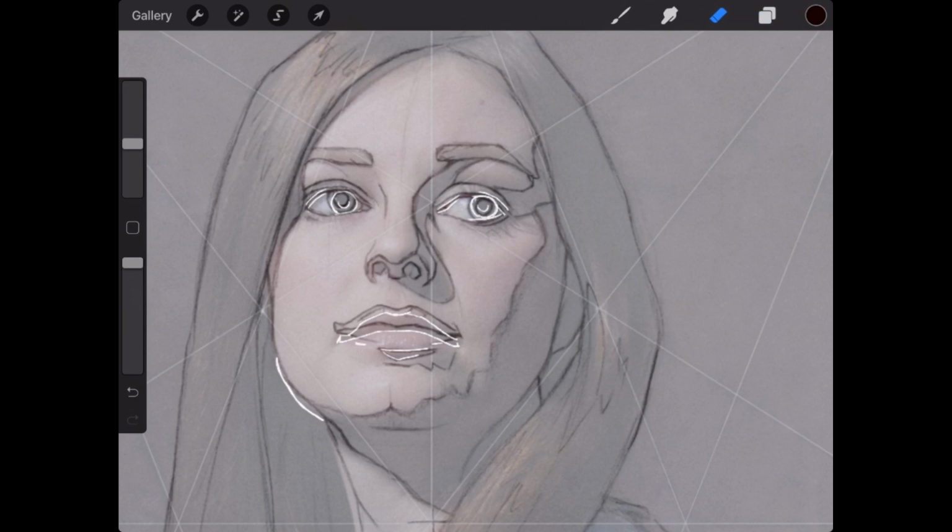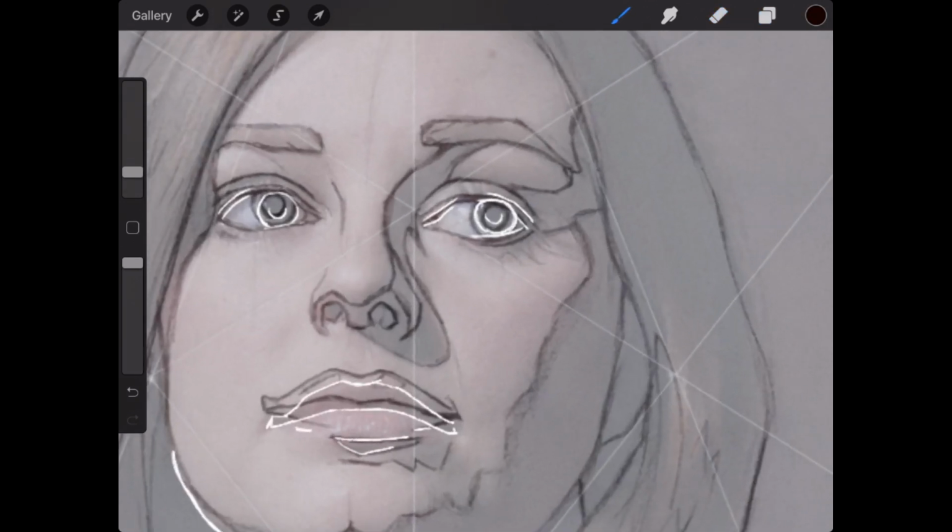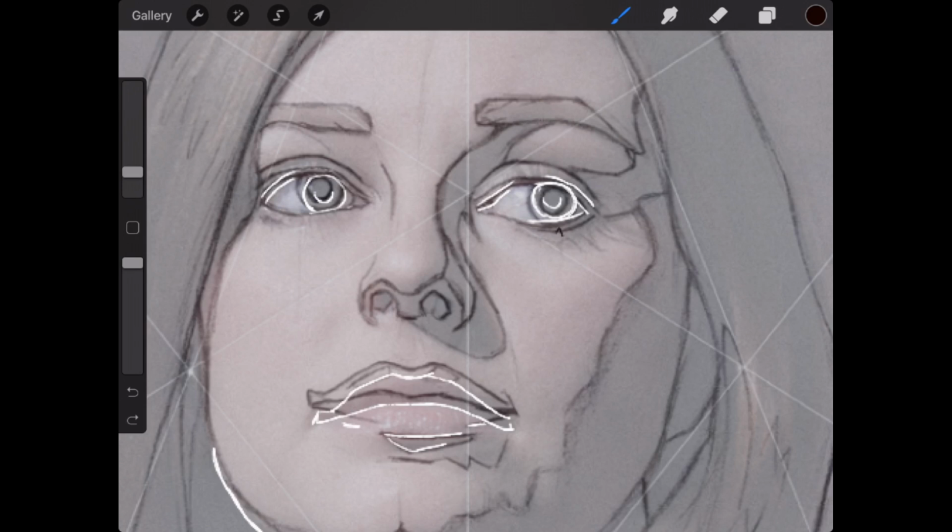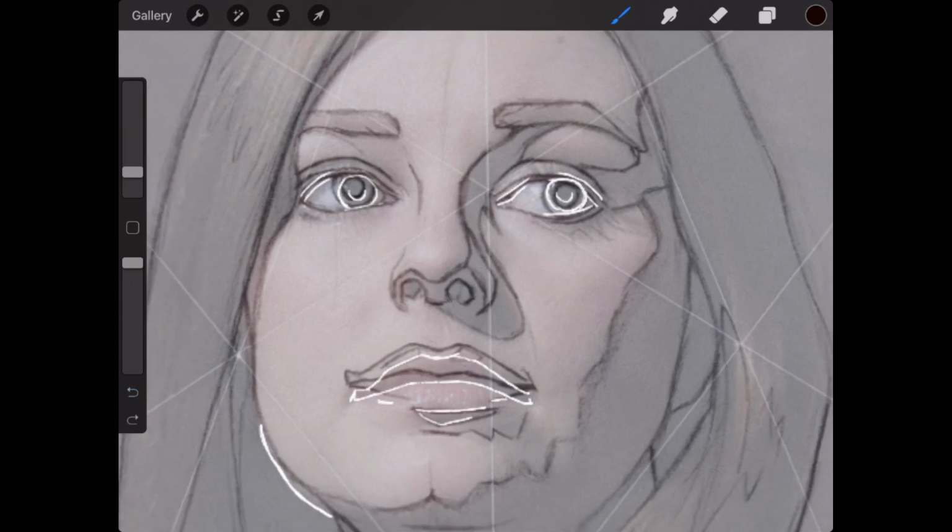So I think all I was doing in here was just indicating that you want to lift that a little bit higher just in that spot and maybe drop this more quickly. Keep your tear duct in the right spot, but just drop that line a little more quickly so that this doesn't feel like it's equally rounded. And then I think this inner shelf just needs to come in a little bit higher to make this iris a little smaller. I think they got just a tiny bit too big.